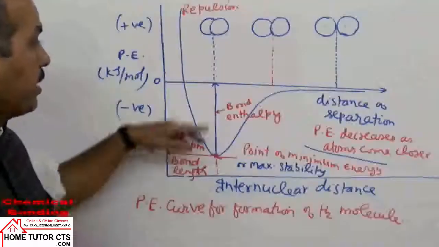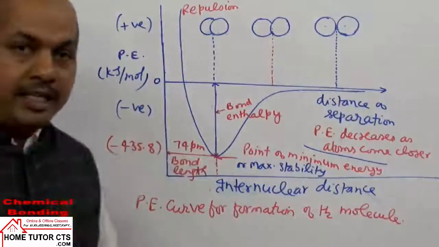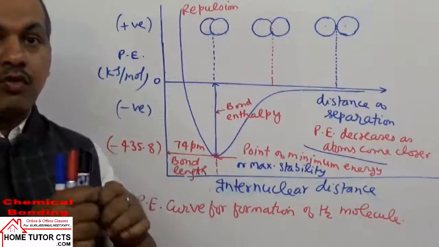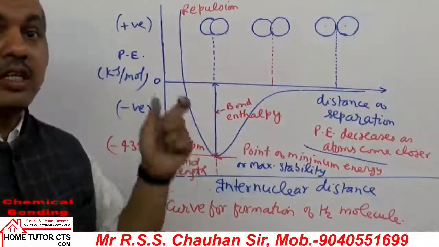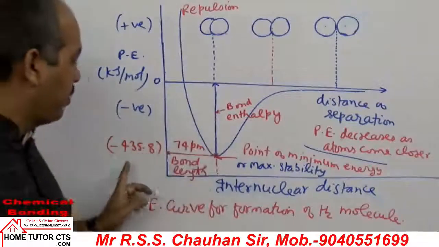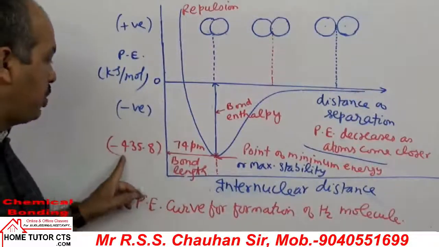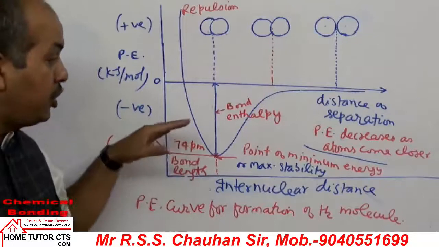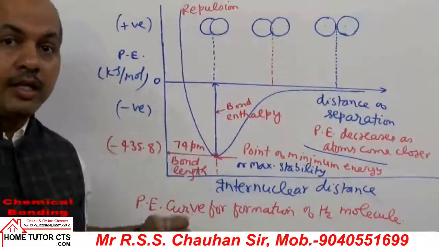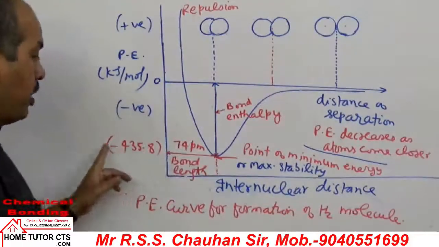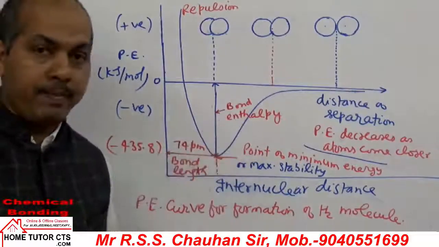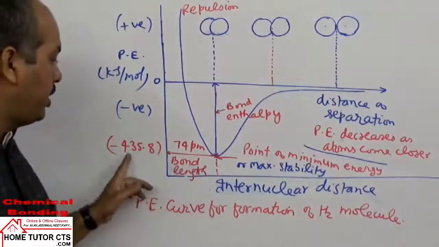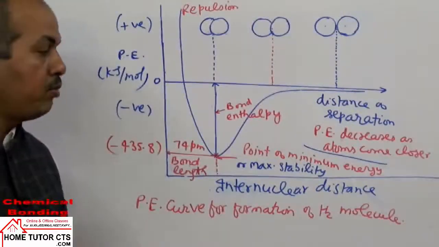देखिए यहाँ पे क्या है कि in bond formation energy will be released this much. While in bond breaking, the molecule will break to form two hydrogen atoms. Then the energy required will be how much? Same. The energy required is 435.8 kilojoule per mole. The energy required to break the molecule into respective atoms in the gas state is called bond enthalpy. So for the hydrogen molecule, you can say it has bond enthalpy 435.8 kilojoule per mole, because in